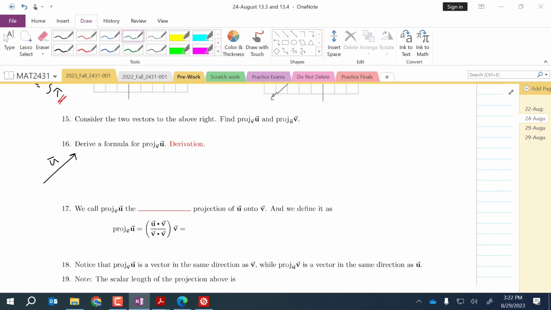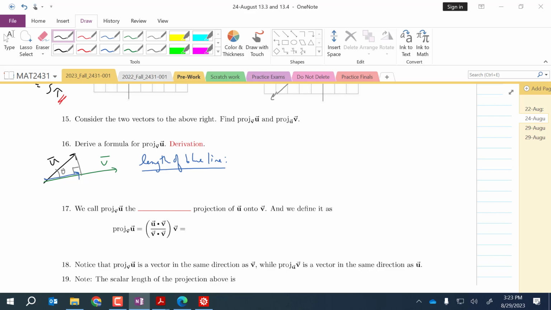There was my vector u. There was my vector v. My orthogonal projection vector will be this blue vector right here. I'm going to get the length of that vector just by ordinary trigonometry. Okay? So how would I find the length of this blue line here? The length of the blue line is just the length of the